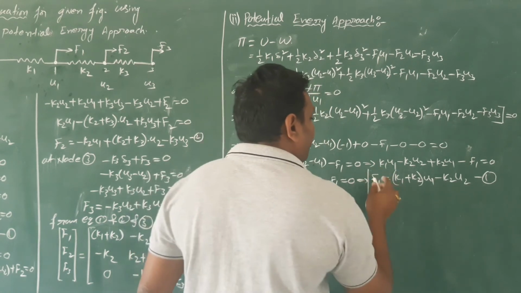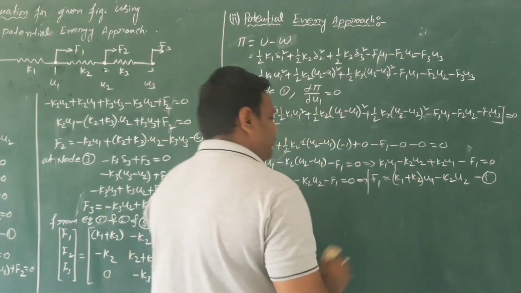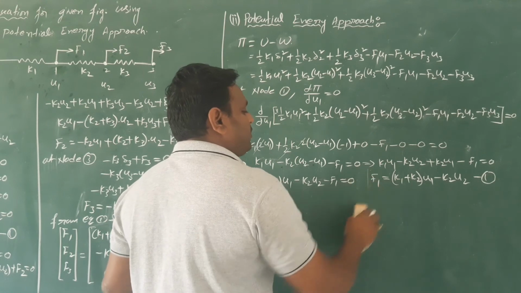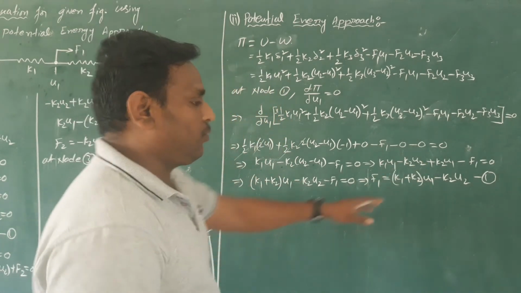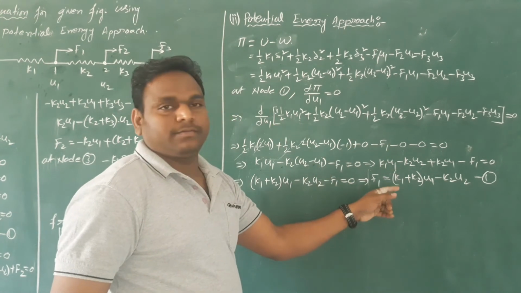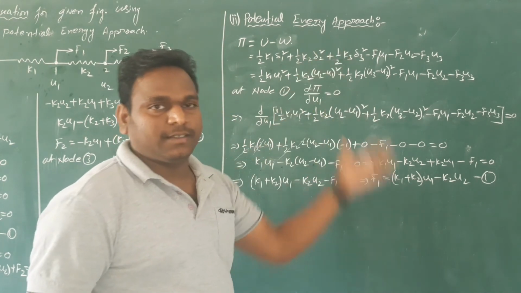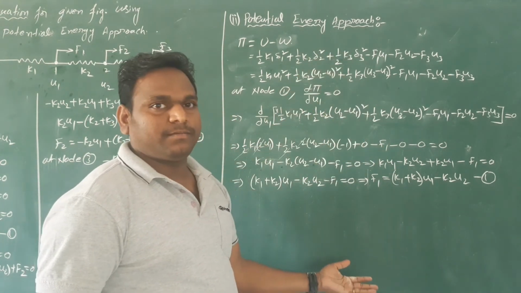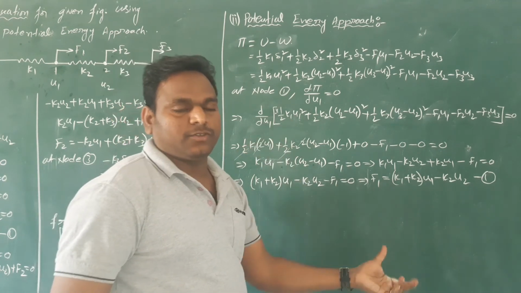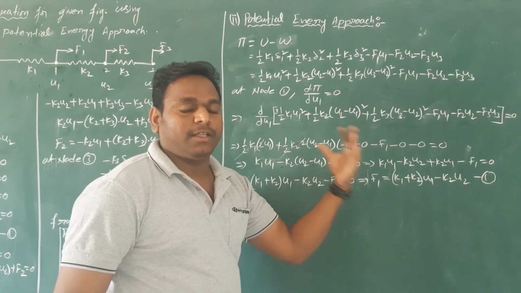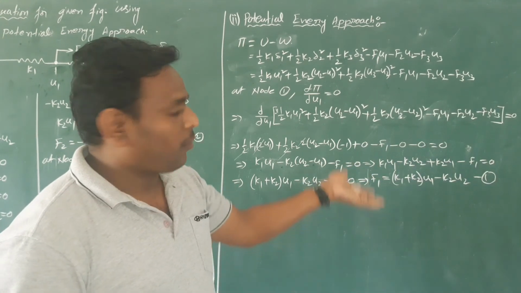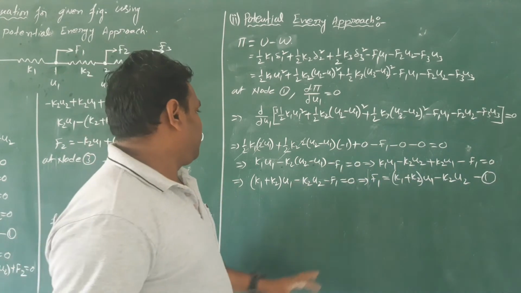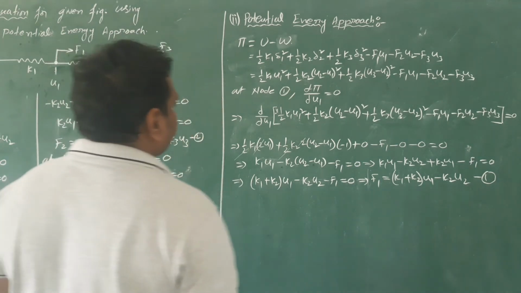In the minimum potential energy approach, we got one equation. It is similar to our first equation because it is another method, that's it. So the solution is the same in both cases, the finite element equation is the same, but the approach is different, that is, the process is different. Okay, next, at node